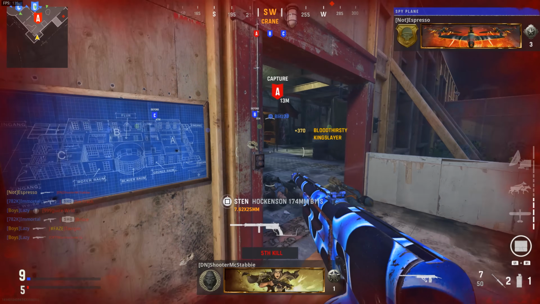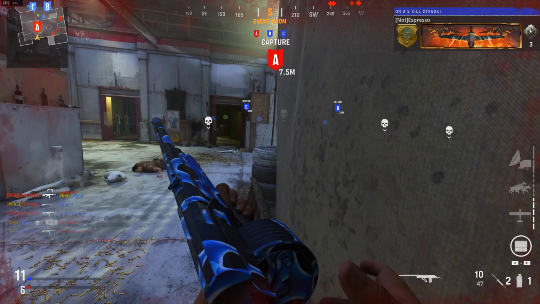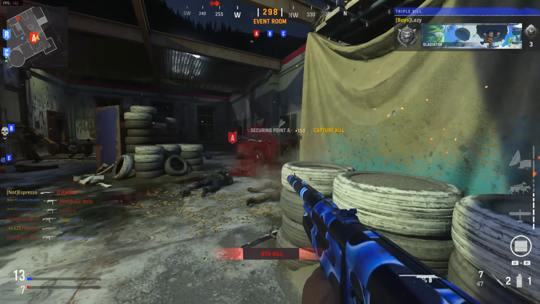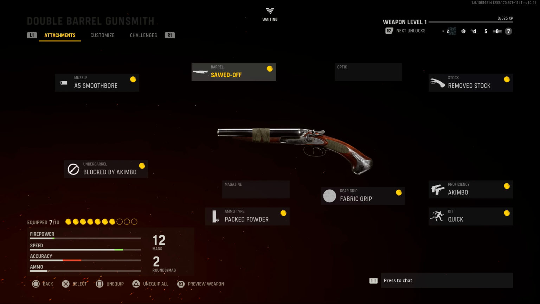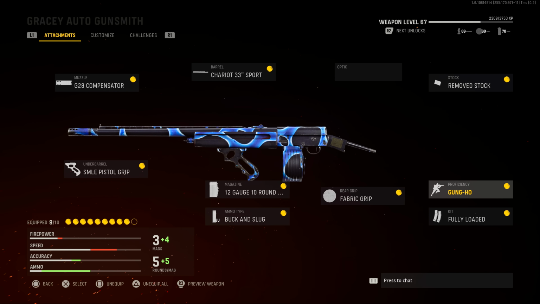Then for number 10, we kind of have a tie here, because the double barrel as well as the Gracey Auto are both incredible, but they have to be ranked up in order to do so. The double barrel, you want to make sure you have the sawed-off as well as Akimbo. That's something that has insane killing potential, but truth be told, the Gracey Auto,